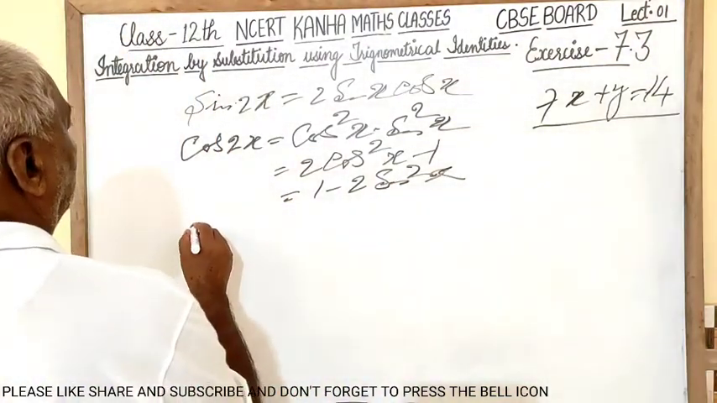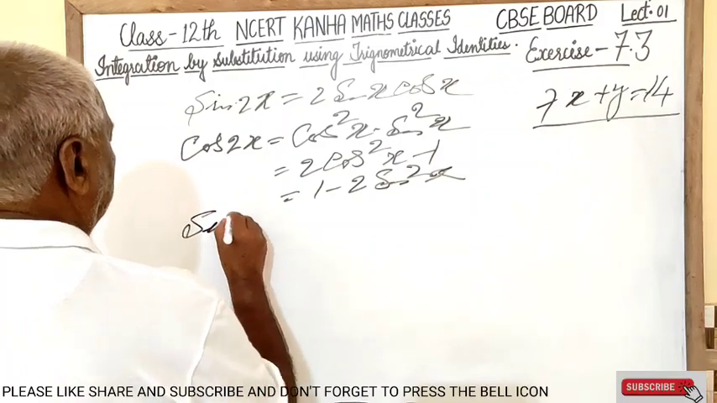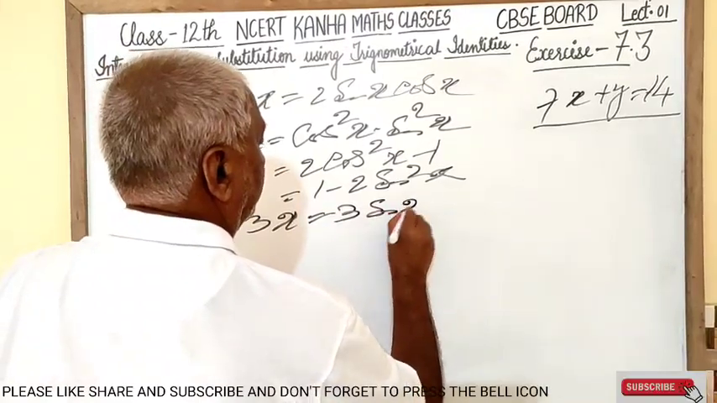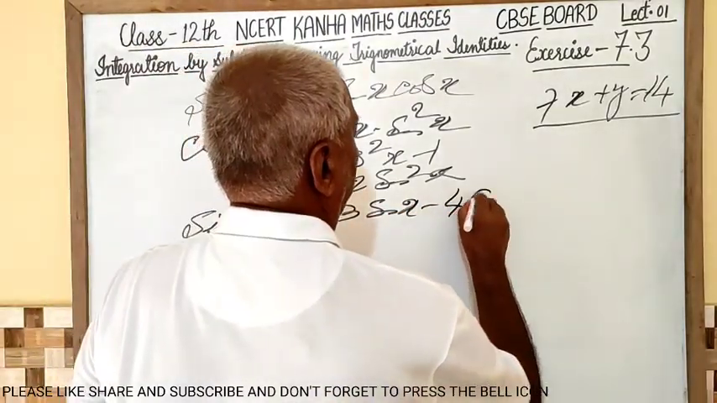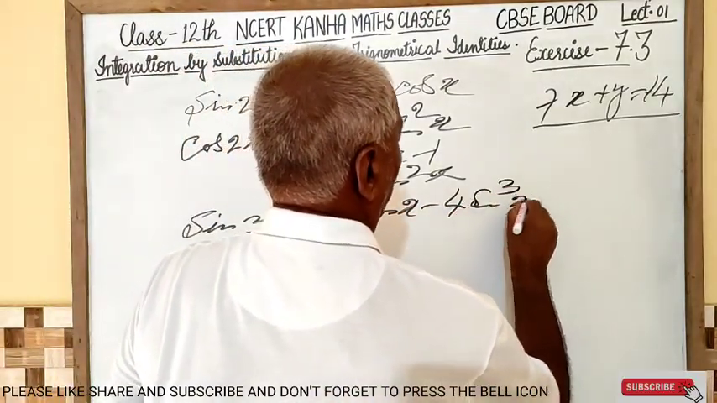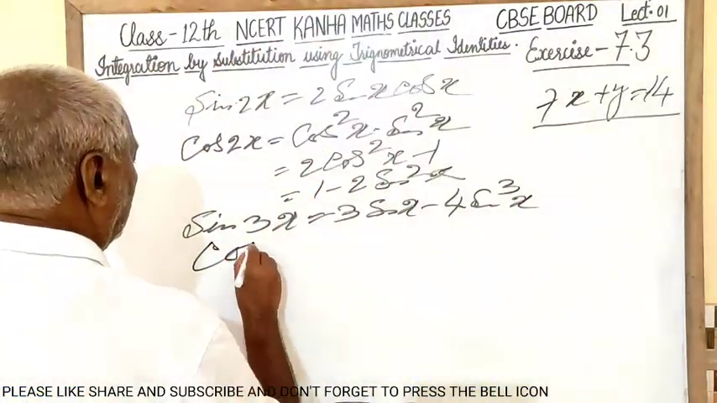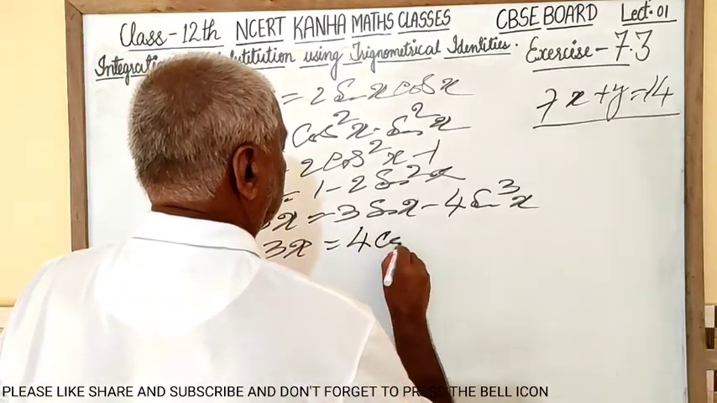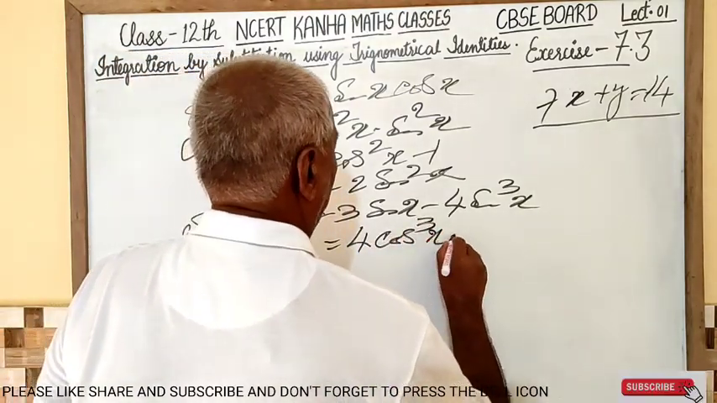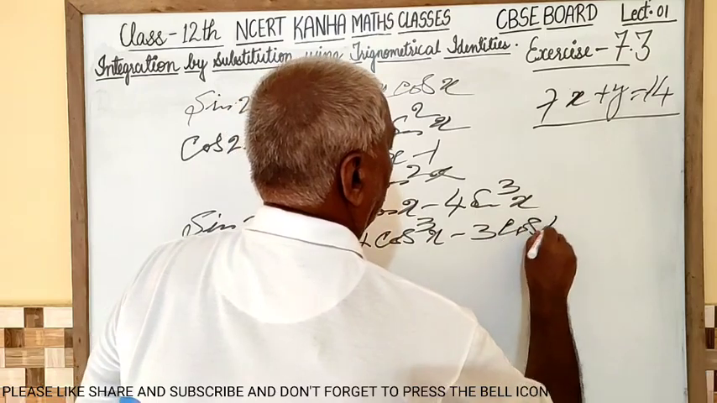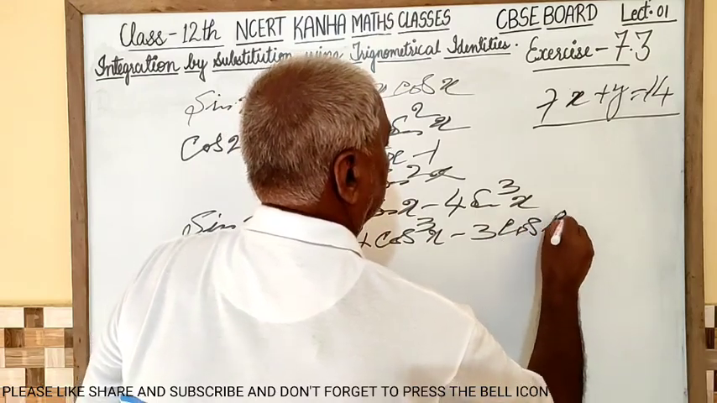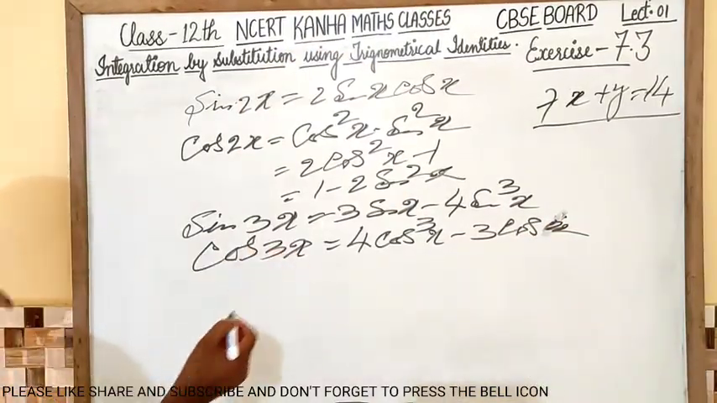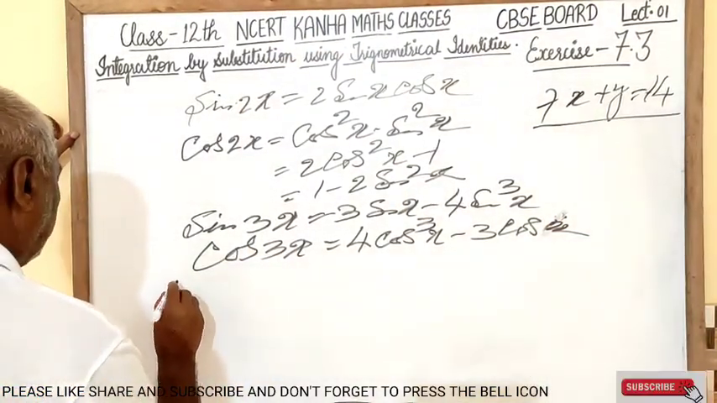Now sin 3x is equal to 3 sin x minus 4 sin cube x, cos 3x is equal to 4 cos cube x minus 3 cos x. Some more trigonometrical identities like